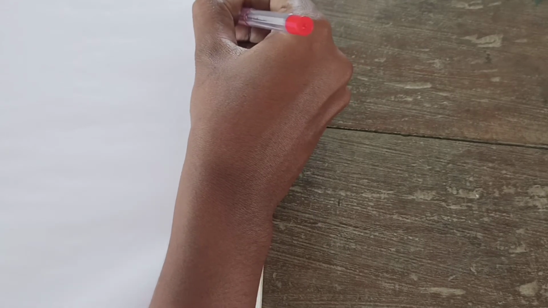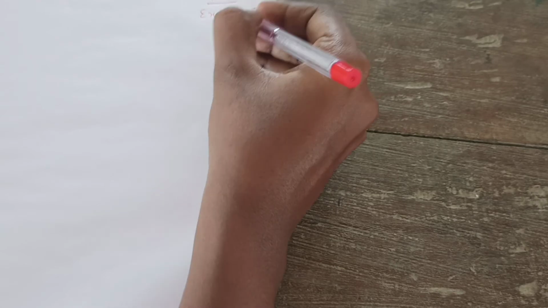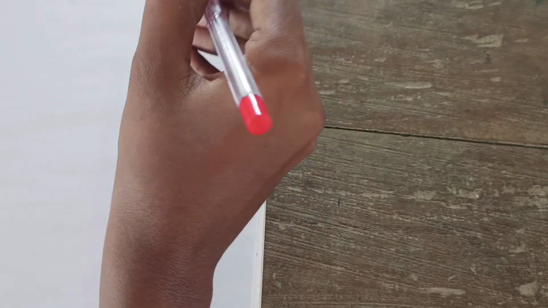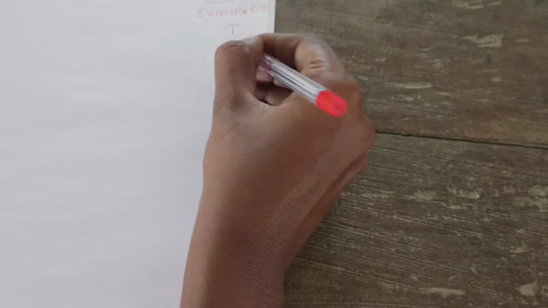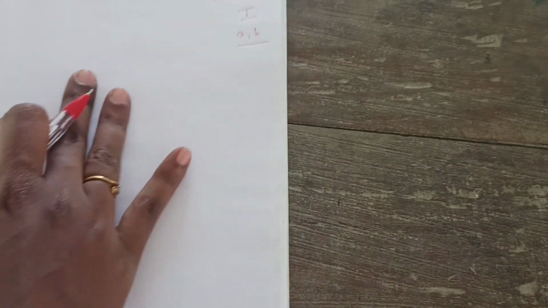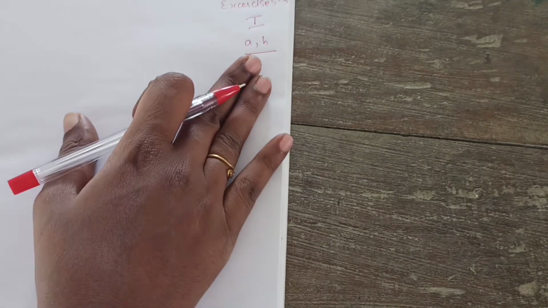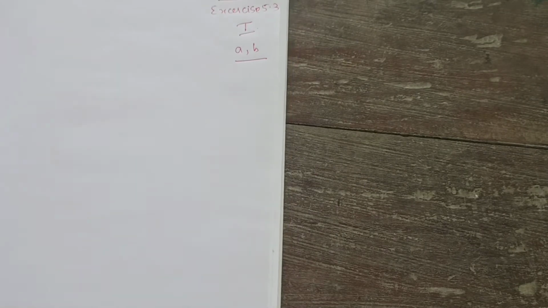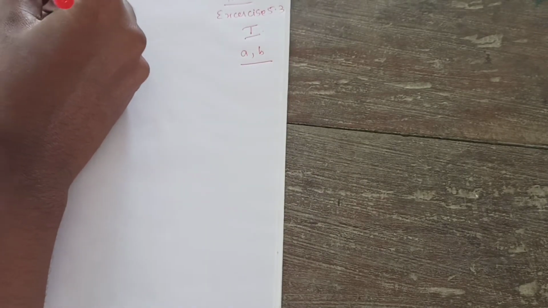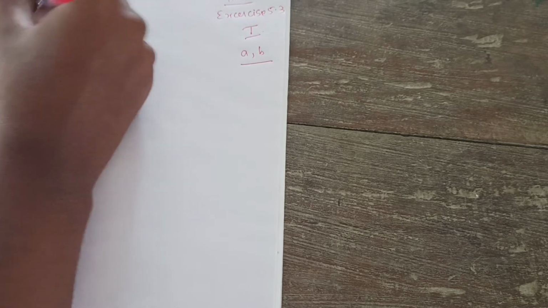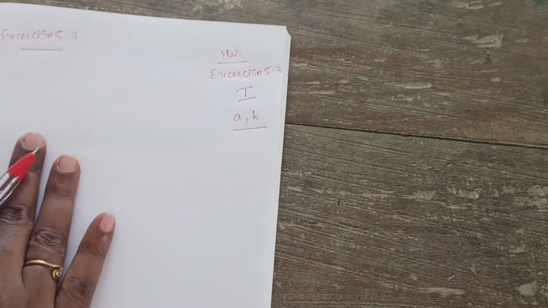These are the two problems in this example. Two problems are there in the exercise. Exercise 5.3. The first problem is your homework, you can try it. The second one I will do for you. In the first problem, two parts are there, A and B, both are homework. The second part I will do for you. Understand? So very easy. Now we have completed that same model. So these two are the homework. The second problem I will do for you. Exercise 5.3.